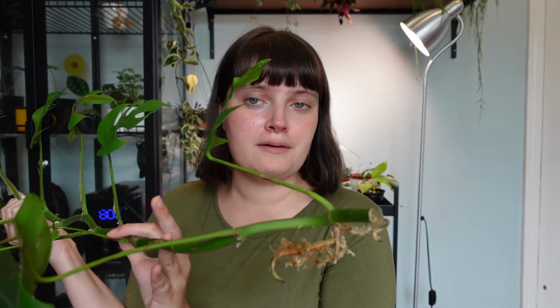I don't know if this is as a result of the air layering, but some of the aerial roots have got really quite large up here, whereas there were more sort of nubs at the bottom. I can't say for certain if that is the air layering or it's just happened because it's in a different condition than it was at the garden centre, because I did put on the moss ball quite soon after getting it. What I'm going to do now is wait for this end to callus over just a little bit before